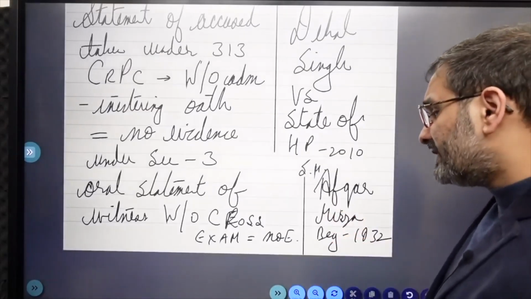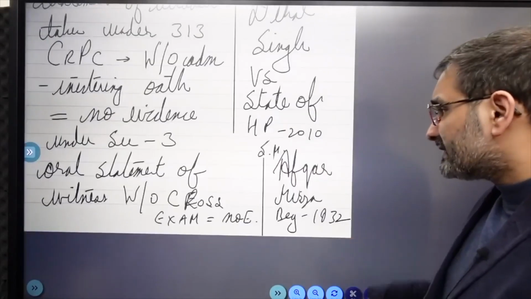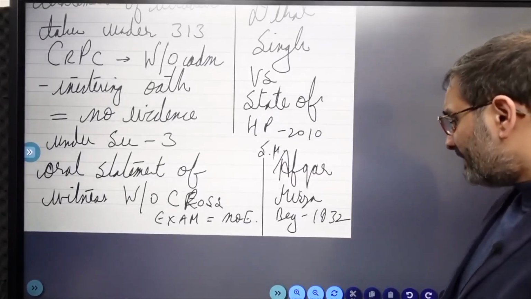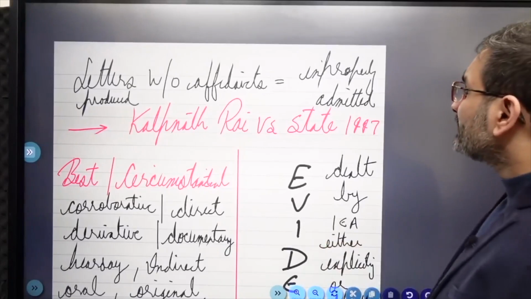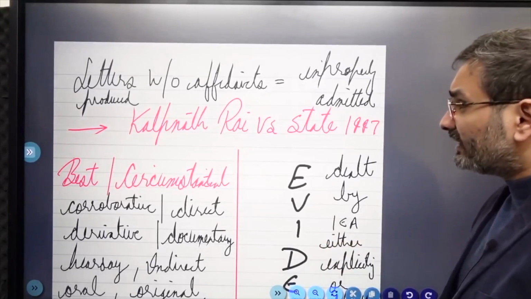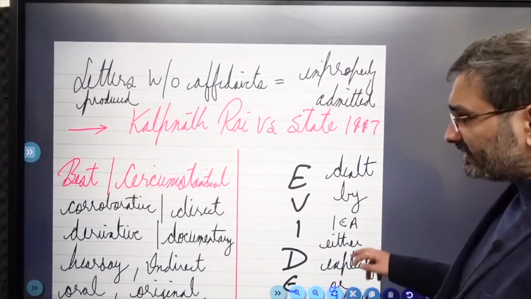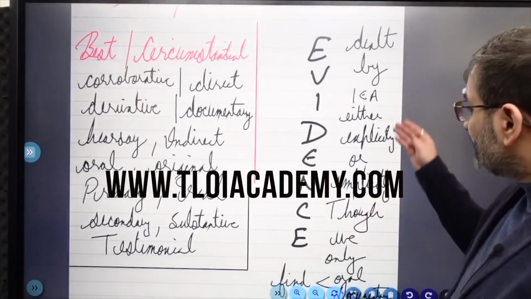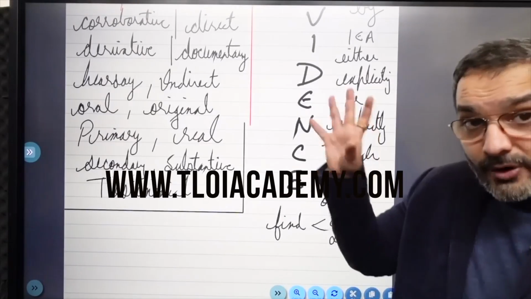Oral statement of witness without cross examination is no evidence. This was again, SMAFQAR अफकार, ये आपका मिर्जा बेग 1932 का केस है. And letters without affidavits are improperly admitted. Letters produced without affidavits are improperly admitted. This is Kalpanath Rai versus State in 1997. So evidence is dealt by Indian Evidence Act either explicitly or implicitly,